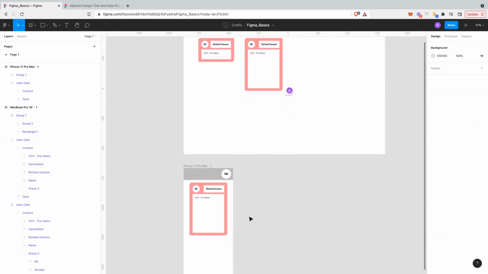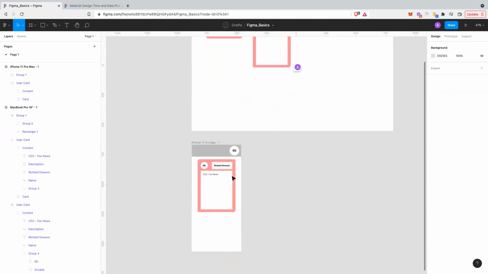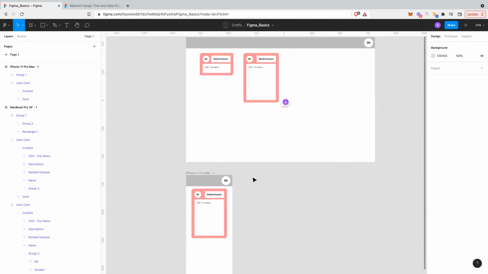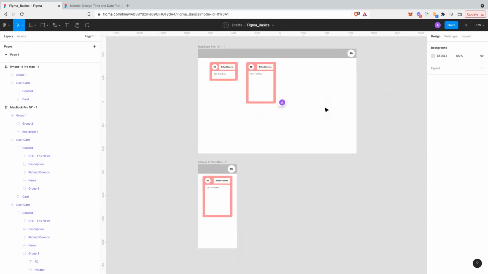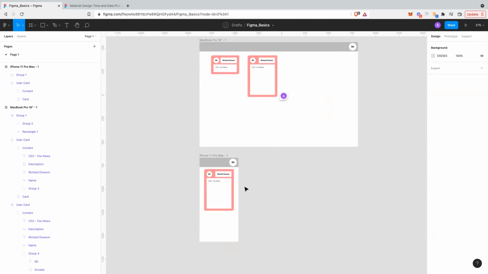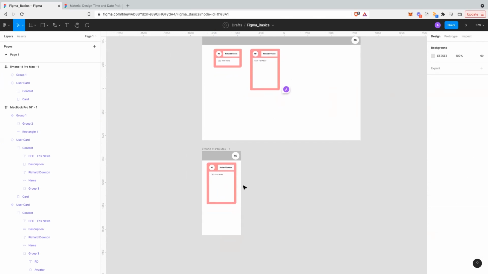So this seems fine now, and you can see that it works well for different screens also. So you can see that you don't have to actually create everything from scratch again, but you're able to use the same navbar and move from the desktop to a mobile version, and reuse that same thing just by changing the constraints. So this is how you improve productivity when you work with